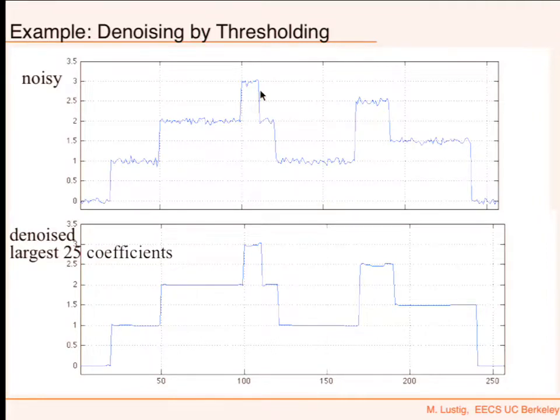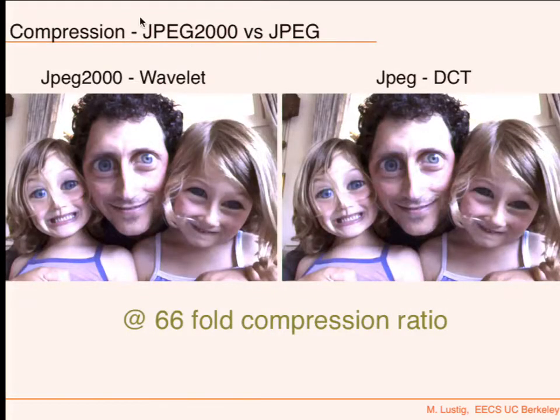I mentioned that you can do it with compression. So here's a picture using Photo Booth. This is JPEG 2000 wavelet compressed. This is JPEG compressed.